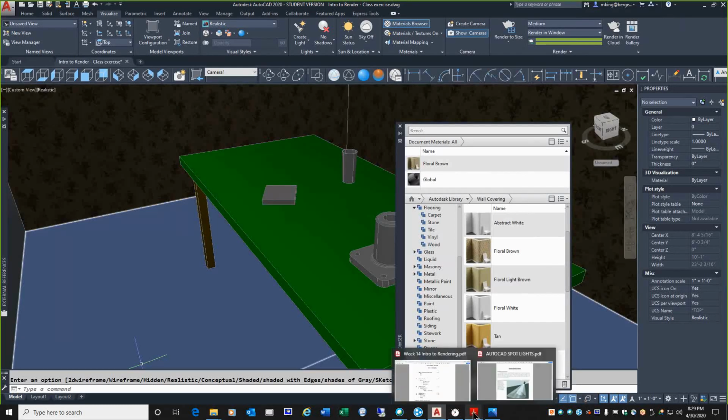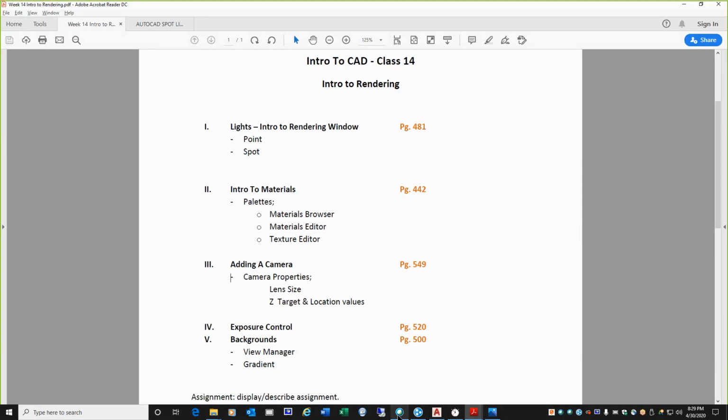And I'm going to go back to the list here. And exposure control is kind of the magic up the sleeve kind of thing. You can pull that out of your hat and make an immediate improvement. If anyone is a photographer, you know exactly what I'm talking about. On cameras, you would just change the f-stop rating to let more light in or less light in. And that's kind of what exposure control does. Okay? So, to do that,